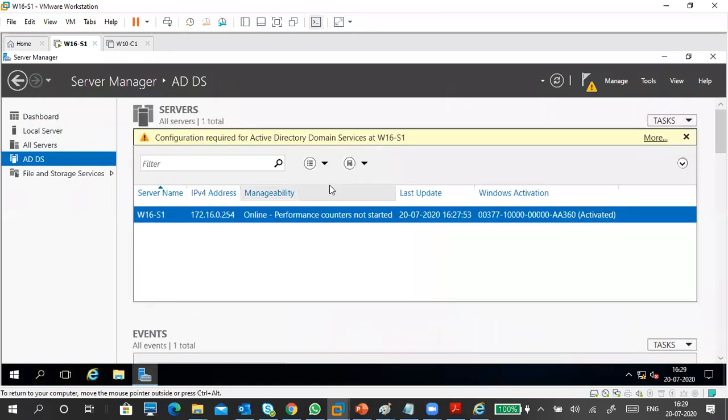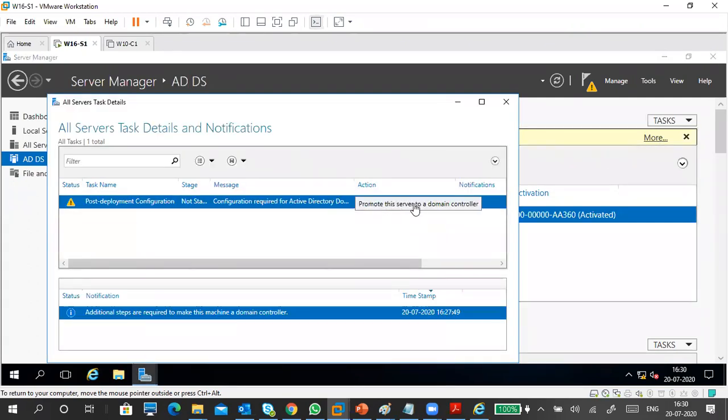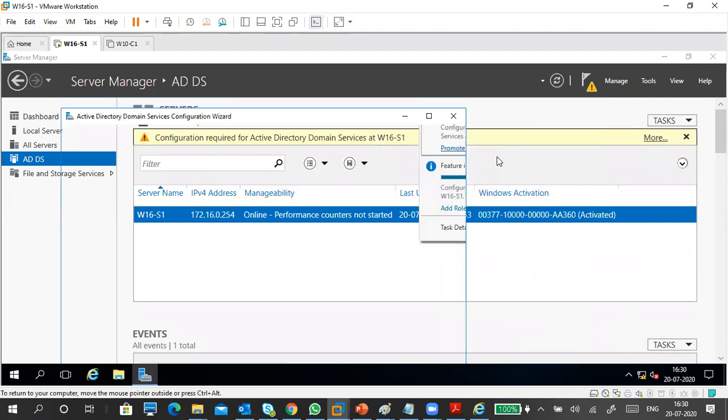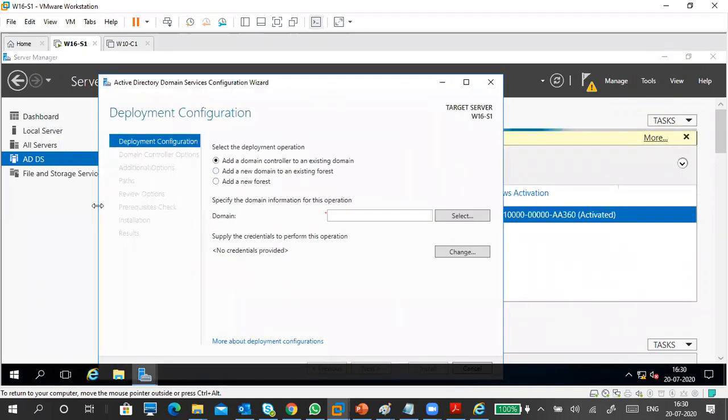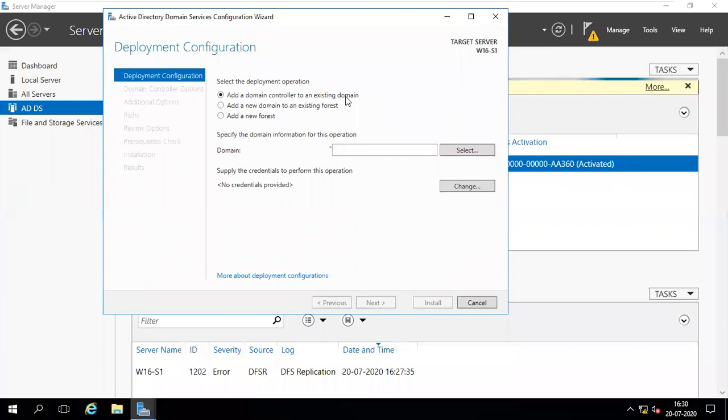Or some intelligent people don't go there, they go to DNS or ADDS on the left side, because they want to do something from it. You can still do it. Can you see more? Click on this More and you will get this one. Whatever it is, promote this domain controller is important. I do it from here. The left-hand side is to view only. I already told you the first option is to add a domain controller to an existing domain. You are adding a domain controller to an existing domain, meaning ADC or RODC. Very simple.